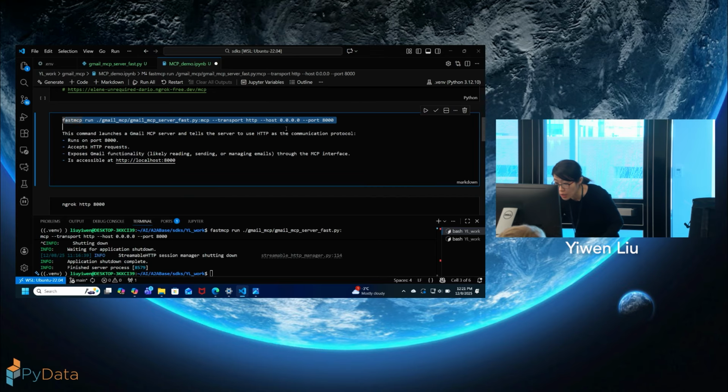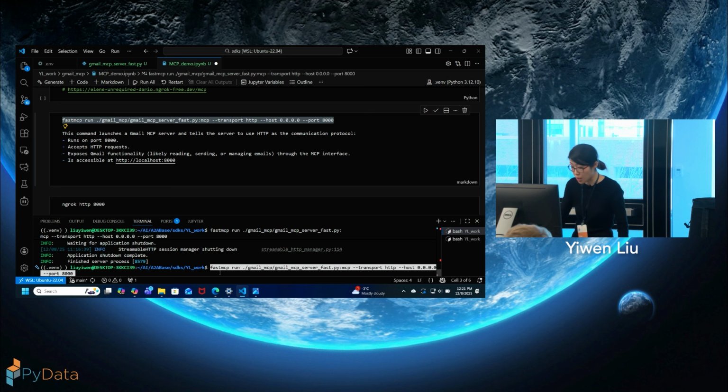This is something I can later send out in Slack, or I can post my notebook into GitHub. This is FastMCP, because my server is built with the FastMCP package. This is what she was showing earlier.